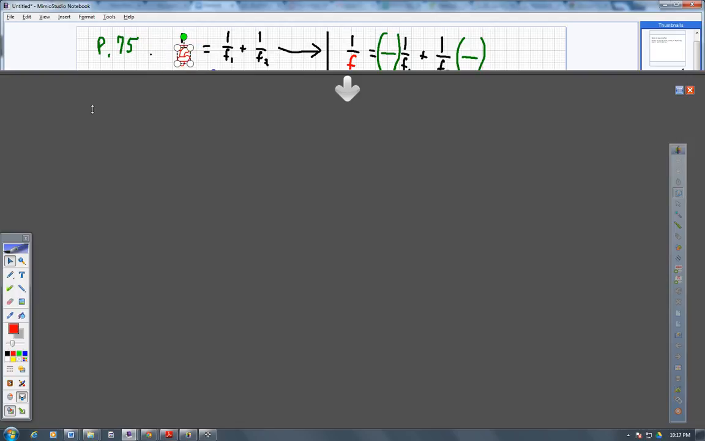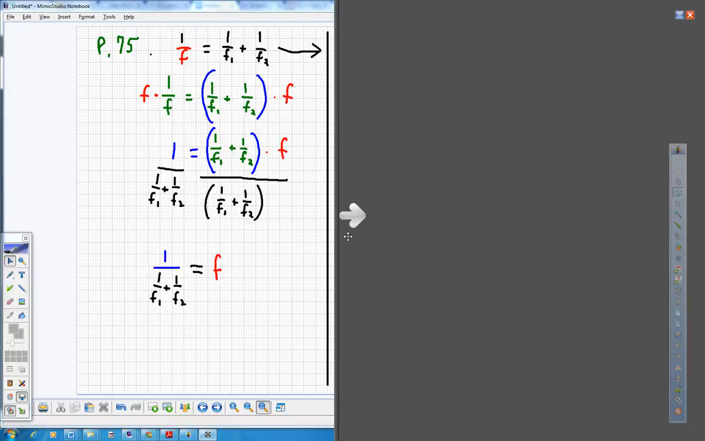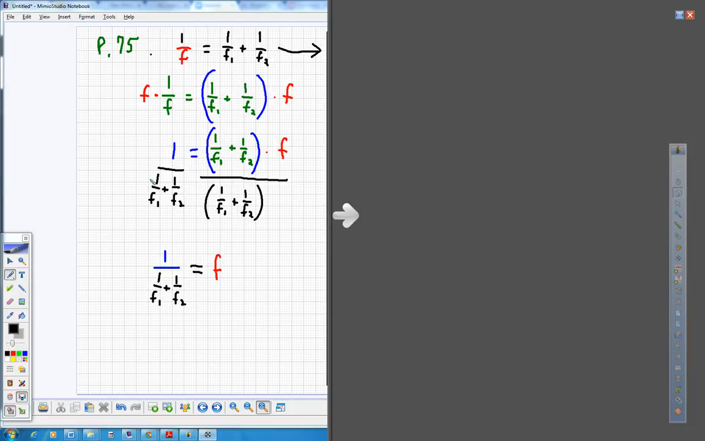We are given this equation up here on the left. 1 over f is equal to 1 over f1 plus 1 over f2. In class today, I kind of showed you the really confusing solution, which might make sense to some: multiply by f on each side and then divide by the quantity 1 over f sub 1 plus 1 over f sub 2 on each side. I divided by that quantity on each side, and that leaves me with a really, really confusing looking